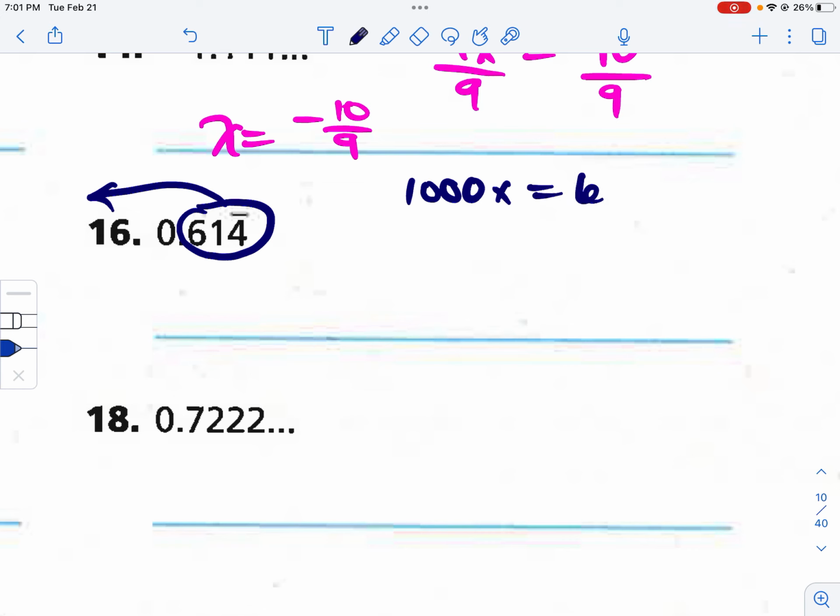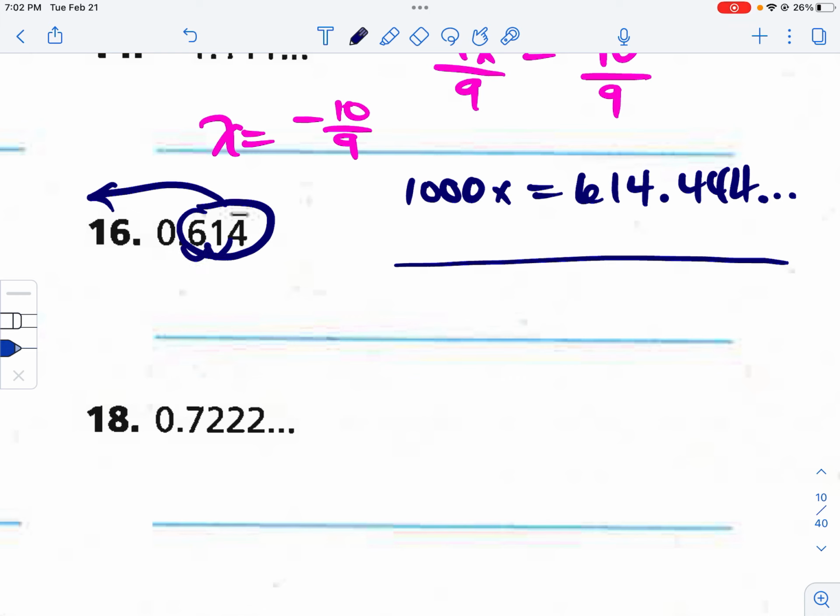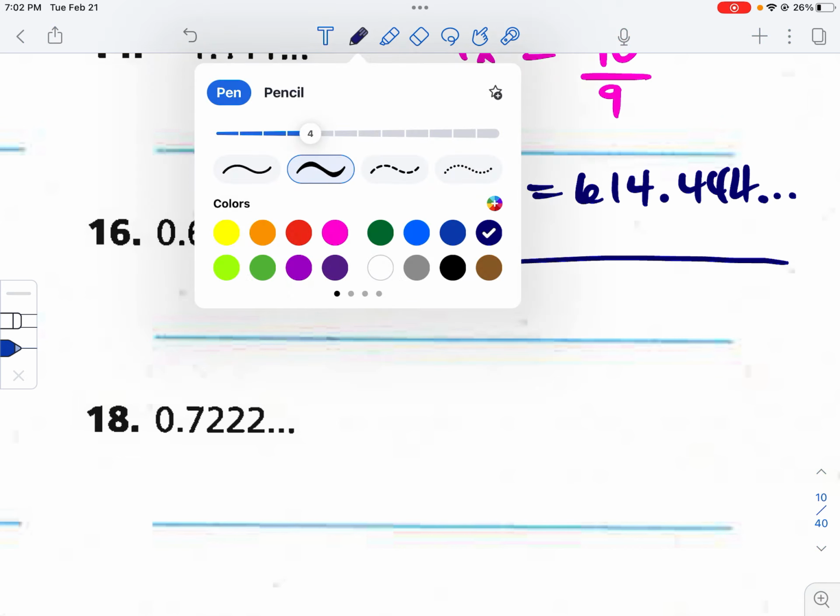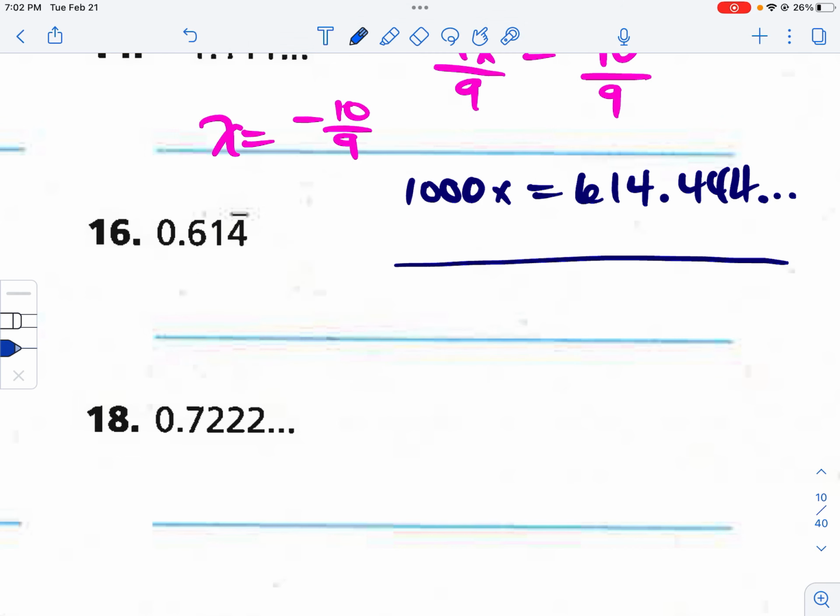Okay, so 614.444 repeating forever and ever. Okay, but I also want what comes underneath right here to have the 0.444. So I need to move that over 2 times. Okay, I didn't mean to do that. Okay, I want that 0.44 to move over. So if I multiply this by,